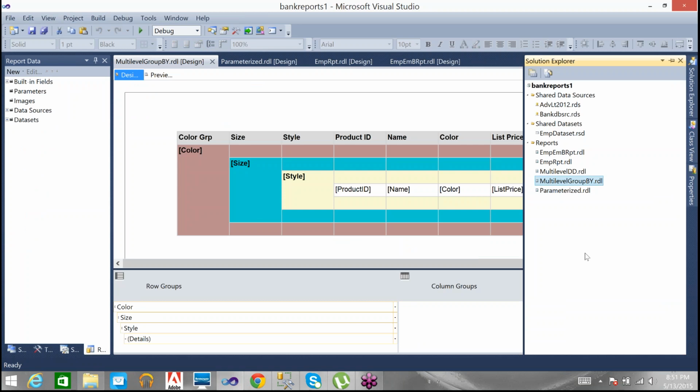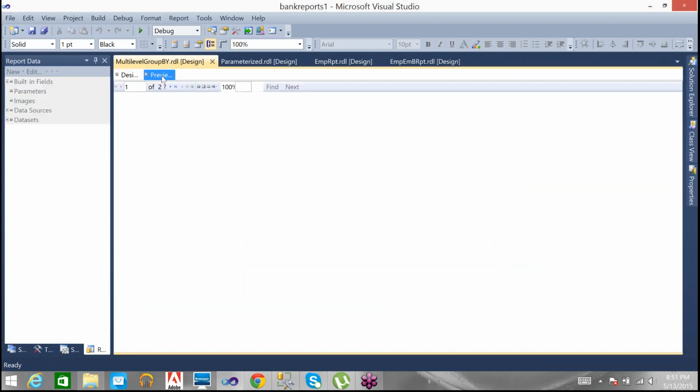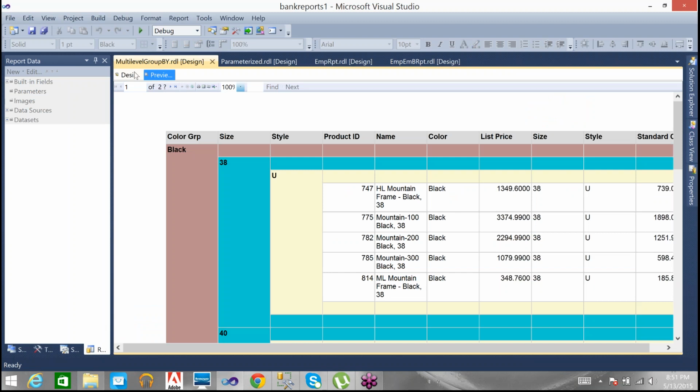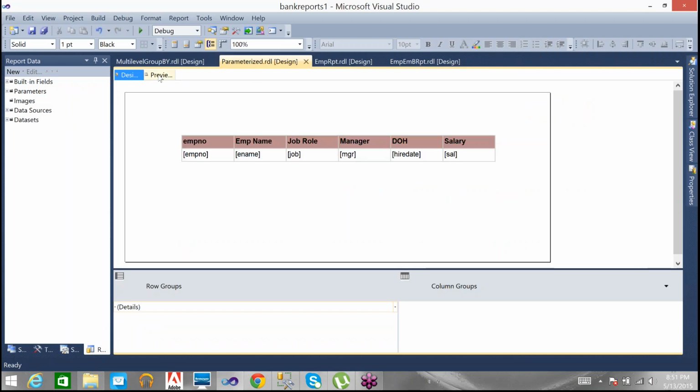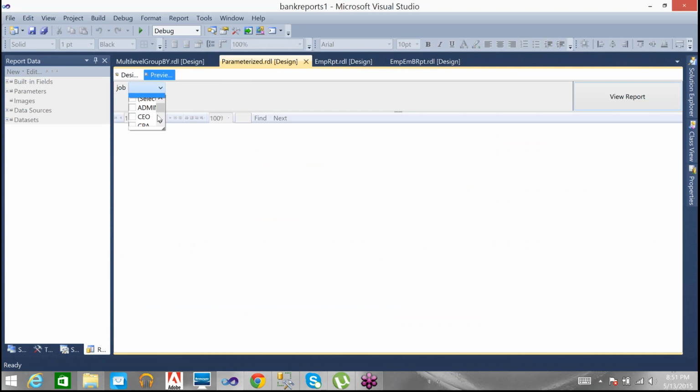Typing and selecting. We cannot. I didn't understand your question. You want to type the parameter? Yeah, we can also give multiple parameters by typing, not by selecting. Yes, I can show you that. Okay, let me show you. That's what Shiva's question is, that you want to give multiple parameters by typing, not by selecting. Yeah, I can do it.